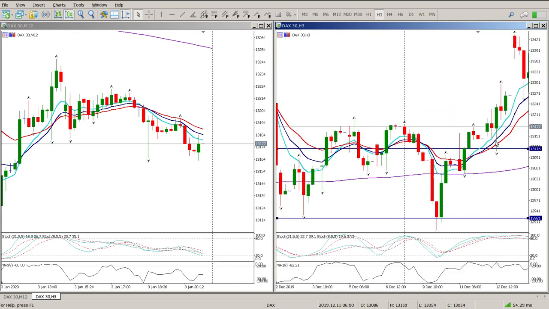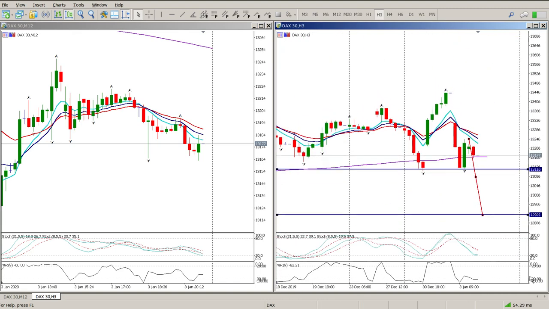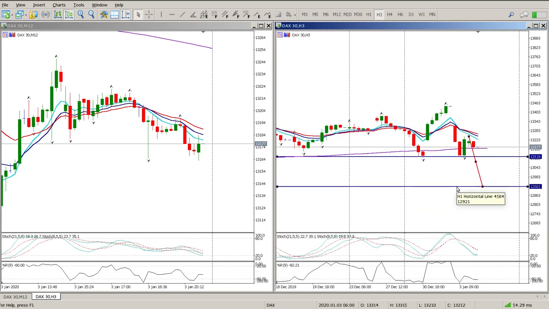Okay, so that's kind of the view that I have at the moment, is we're looking for 12,921. That's the first target, and then we're going to have to wait and see. I would suspect we get a bounce up, a retest of the moving averages, consolidate a bit, and then another continuation to the downside. I think politicians are in control at the moment. So let's just